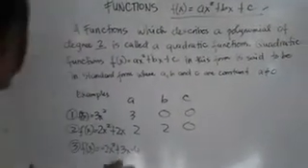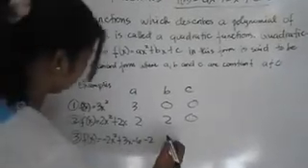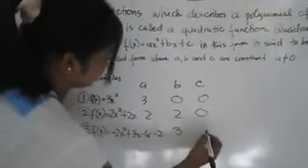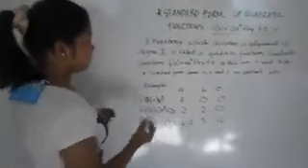Example number 3. The value of a is equal to negative 2, the value of b is equal to 3, and the value of c is equal to negative 6. All of these examples are quadratic functions because they have a degree of